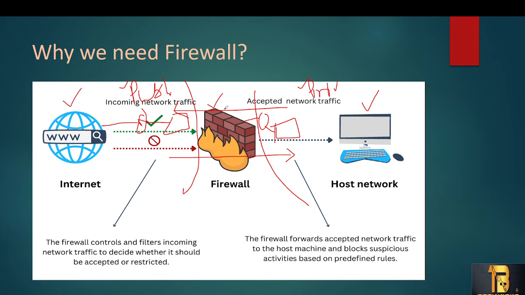In the firewall we are going to create some rules. Just as you create ACLs in the router, which most of you know about, in the same way we are going to create rules in the firewalls. By using the rules, the firewall inspects your traffic to decide whether it has to be allowed or denied, in both directions, whether outgoing or incoming.